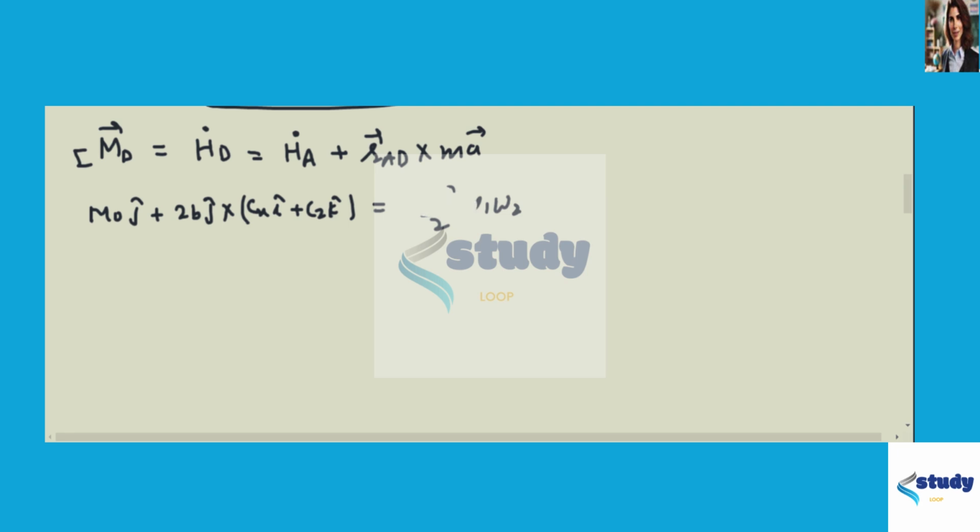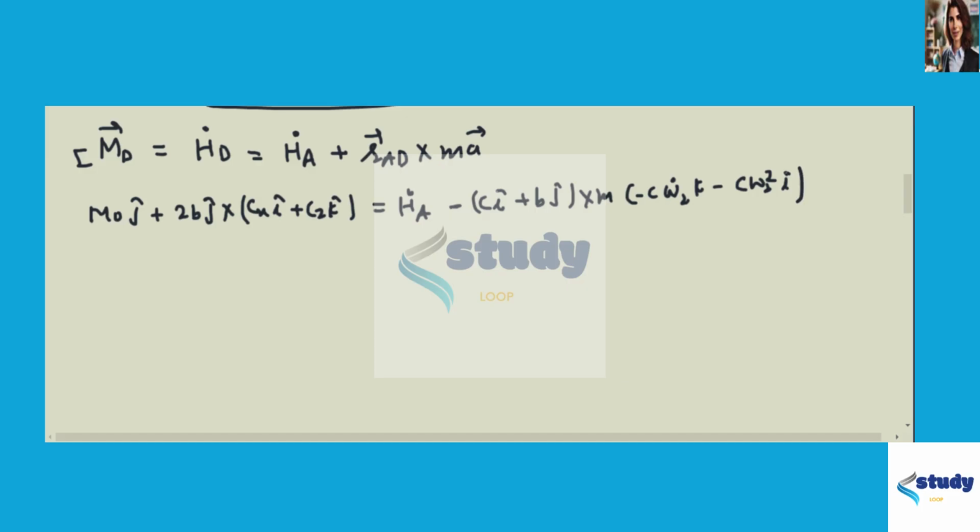Just a moment, and at the last we will substitute, otherwise the equation becomes very lengthy, so I'm just writing it here in the same way. Now substitute this value, you will get Ci cap plus Bj cap cross m into A is CB2 C omega 2 dot k minus C omega t square i.